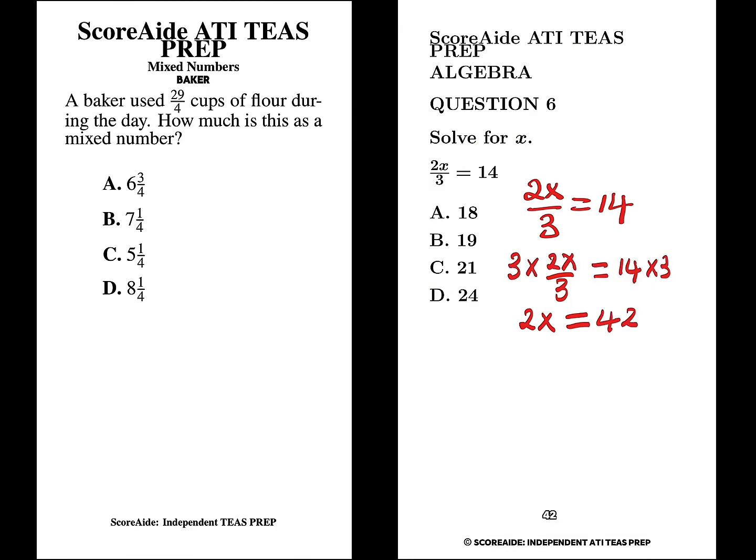which is going to give us 42, right? So in this case, x is not independent yet because it's multiplied by 2, and the opposite of that operation is going to be division. So we're going to divide both sides by 2, and we're going to have x is equal to 21, right? So x in that case is 21. The answer is C. Be mindful. The answer is not always C, right? Don't just go and guess and say, oh, the answer is always C. You're going to fail, believe me. Question 7,